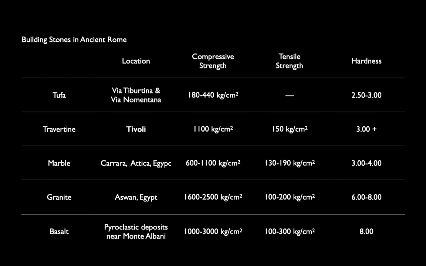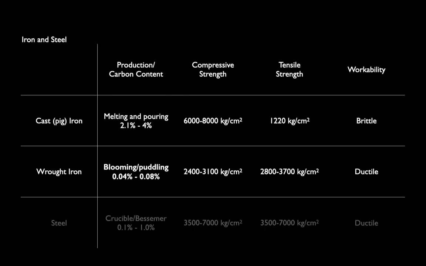but look at the difference in the compressive strengths of stone. These are all the Roman examples that we looked at. Basalt, for instance, which comes out of the volcanoes near Monte Albani or imported from Egypt, that can get you a compressive strength of up to maybe 3,000 kilograms per centimeter. That is the only material that even comes close to the compressive strength that you get in wrought iron,